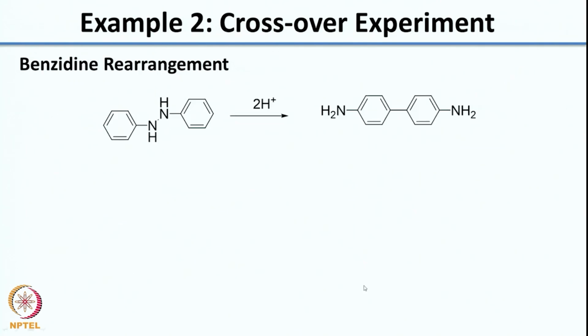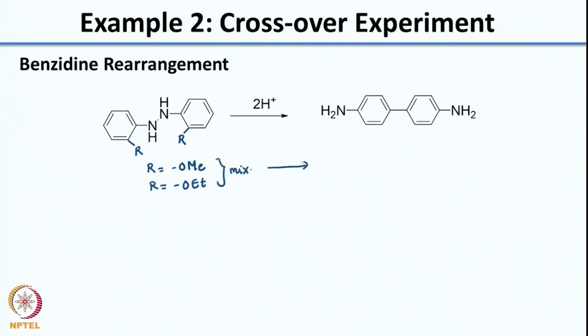This is again a rearrangement reaction. So, this is called the benzidine rearrangement, and what I would like you to do is to think of the mechanism of this reaction. And to give you a hint, what was seen was that when you do the reaction, so I am putting this as R. So, you can take R as OMe, you can take R as OEt. So, when you have a mixture of these,